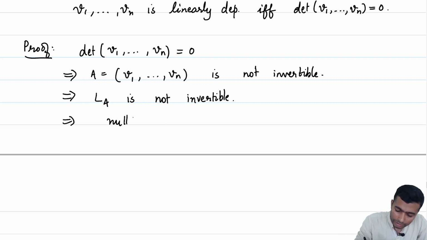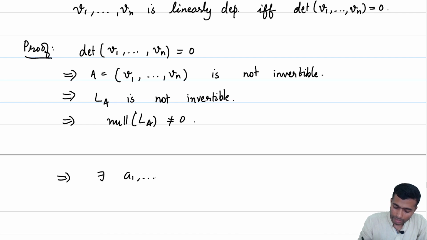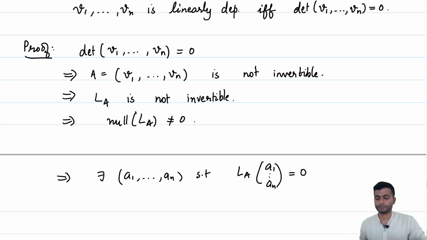This implies that the null space of LA is not equal to 0. There is some vector in the null space. So, this implies that there exist a1 to an such that LA of (a1, ..., an) is equal to 0,